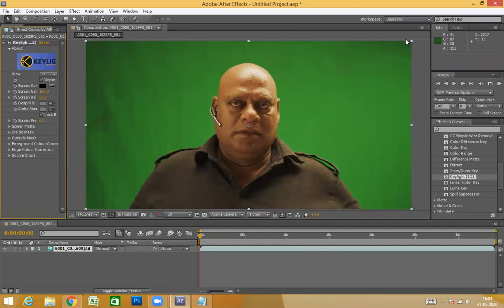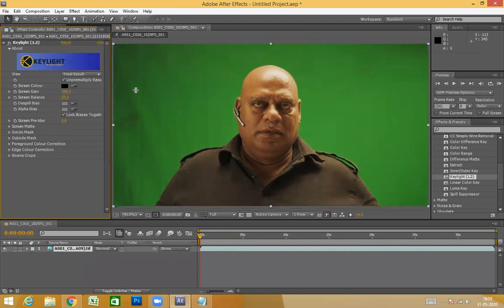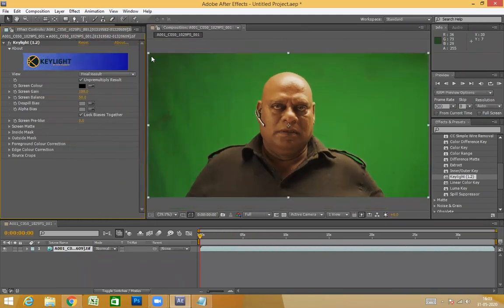If you see the screen, the edges are a little dark, and the in-between part is a little highlighted. So always pick the highlighted one, not the dark parts, because if you pick the dark part, even his body has some dark regions where your green screen, that tool will think that